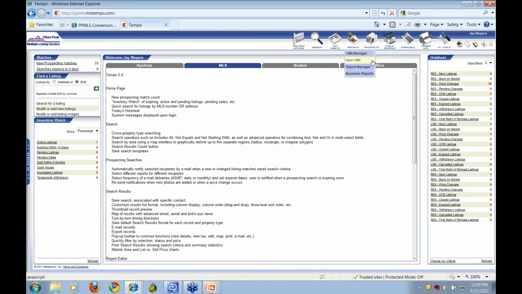The second option is the link that says New CMA. That's what you might stumble upon, and that's where I really don't want you to click, because you can start a CMA from there, don't get me wrong, but if you start it from there, one of the steps in the CMA is adding your comparable properties in, and that falls in the middle of the whole program.